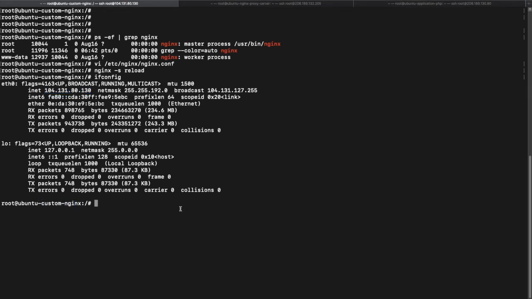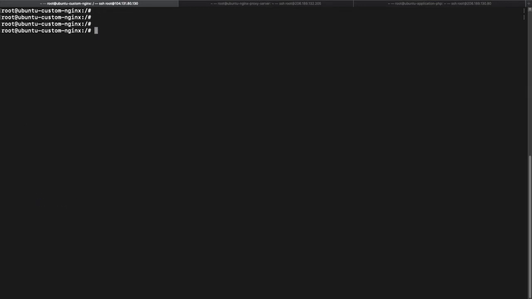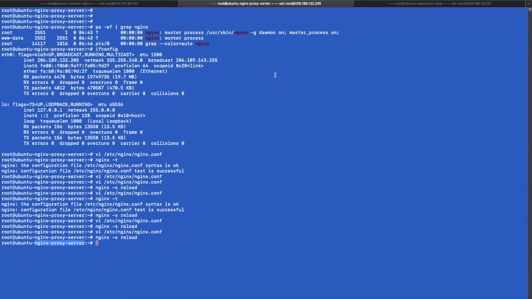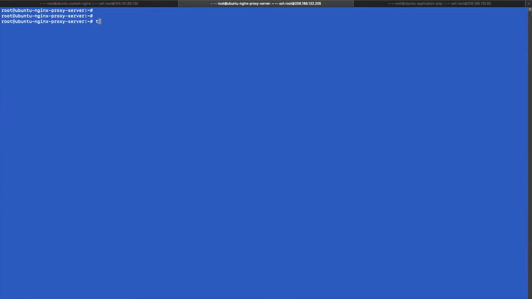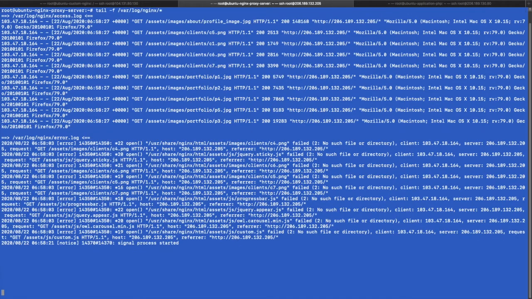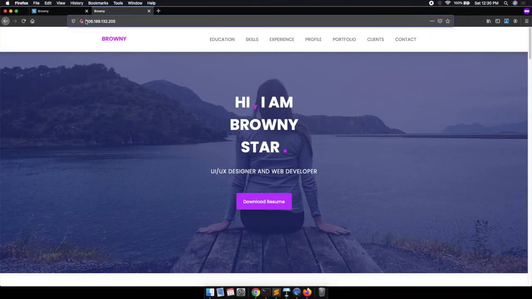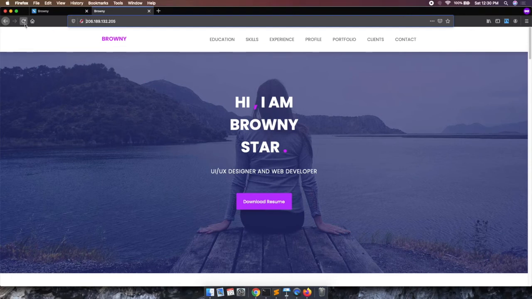If you want, you can open the logs. So let's clear out the console and tail the logs, tail -f /var/log/nginx/*, right? Let's put some space, execute the same command over here, tail -f /var/log/nginx/*. Let's put some space over here again, go to the browser and refresh and hit the request from the 205. So I will refresh this.